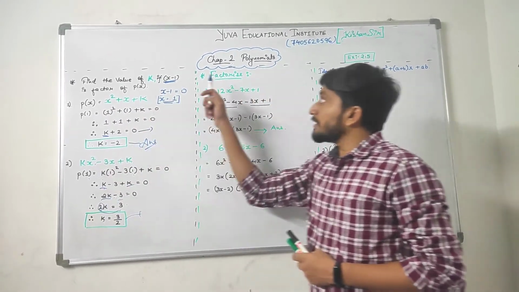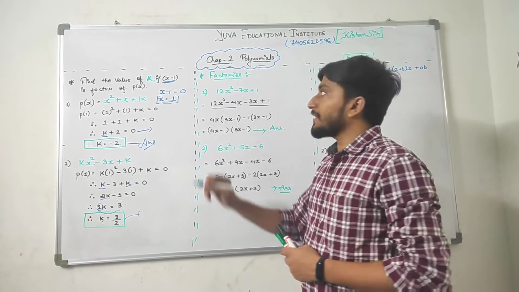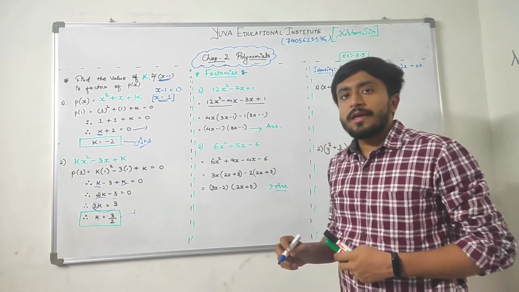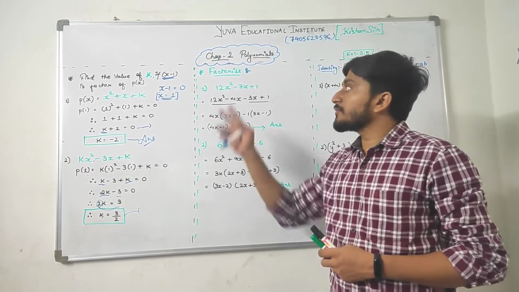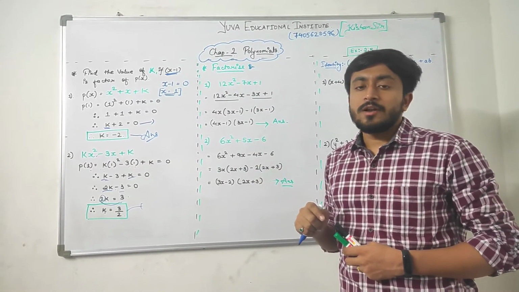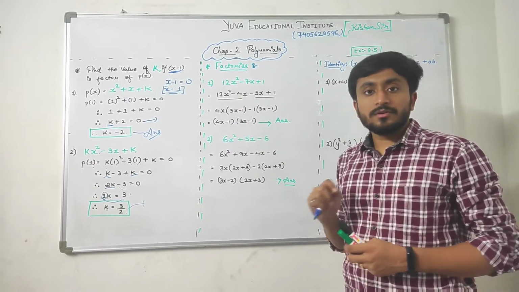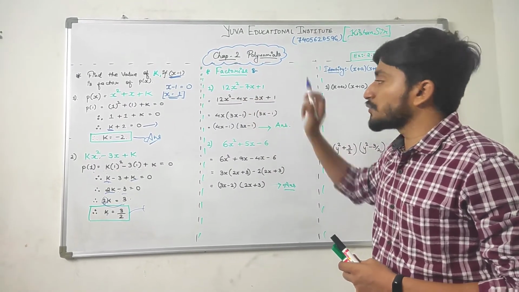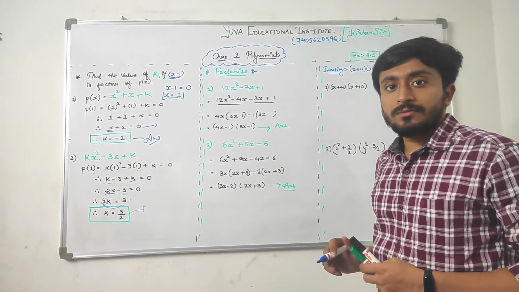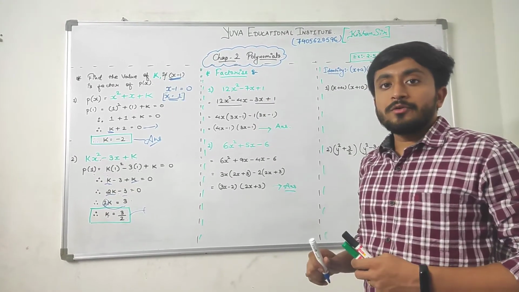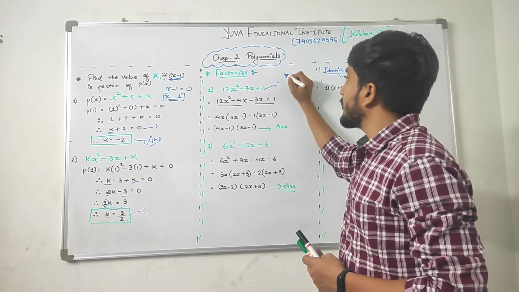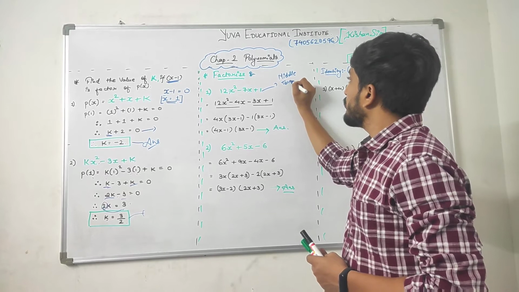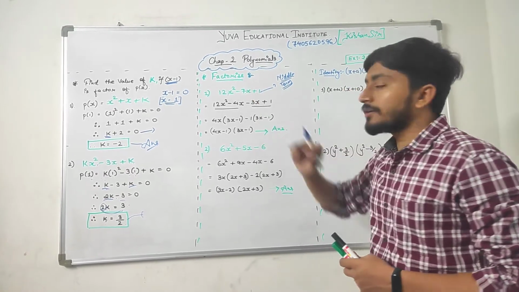Right? Let's take some other example. Now we have factorization. That is also given in your textbook, Exercise 2.4. Sums are there related to factorizing. Now how to factorize the three terms? You have a question 12x square minus 7x plus 1. How to factorize this, students? Which identity do you have to use? This is nothing but the middle term splitting method. You have to split the middle term here.